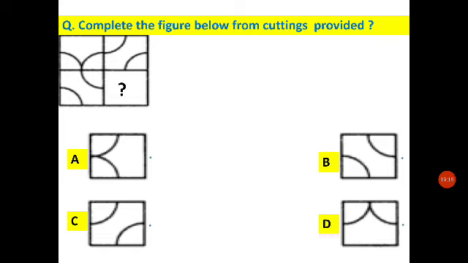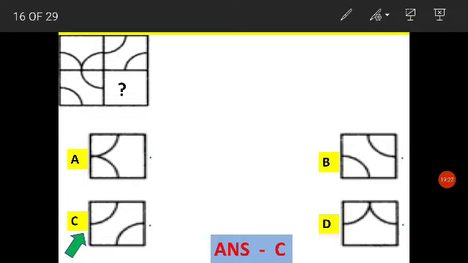Now again there's a matrix given, and we have to find out the missing figure. C is the answer. If you see carefully, you need a figure here, a line like this, and that small circular line actually exists here also and here also. And then what you possibly need is one more line.